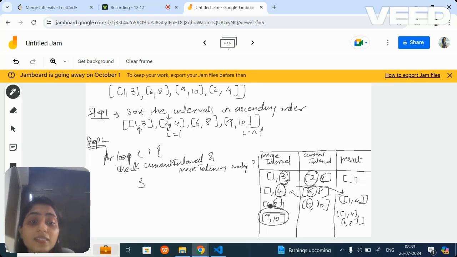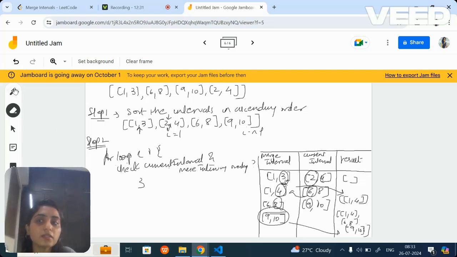We have to also consider this as a non-overlapping element. So after the for loop gets completed, we will push it inside this. And whatever your new array becomes, you have the result. The result is 1 4, 6 8 and 9 10.